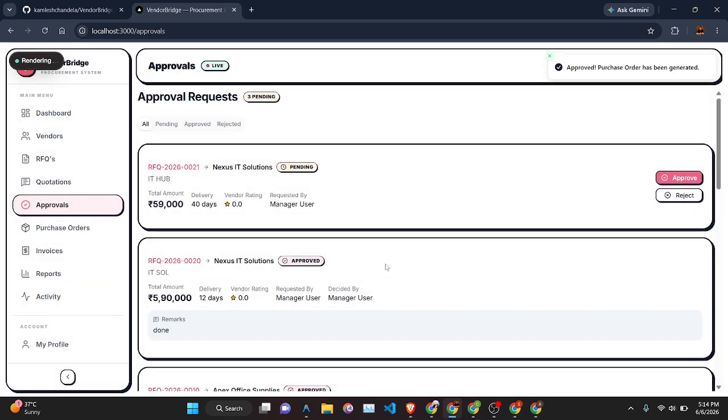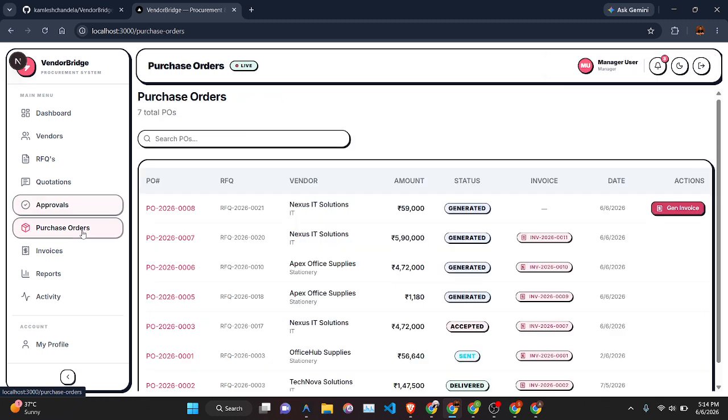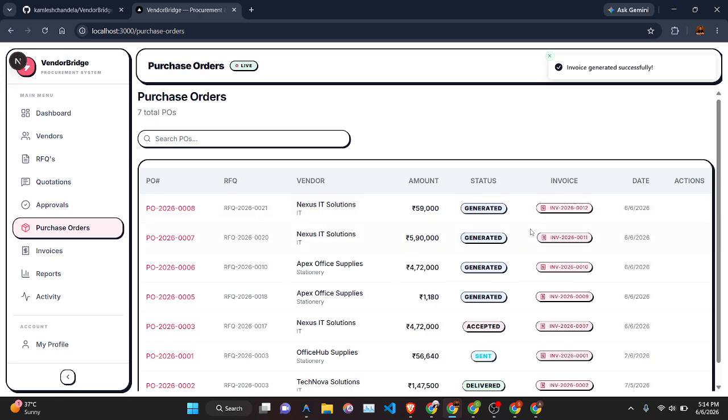So we will add a remark and click on Generate Payment Order. So when you go to payment purchase orders, you can get the invoice. So the payment order is generated. Click on Generate Invoice. So your invoice will be generated. So simply go to the invoice option